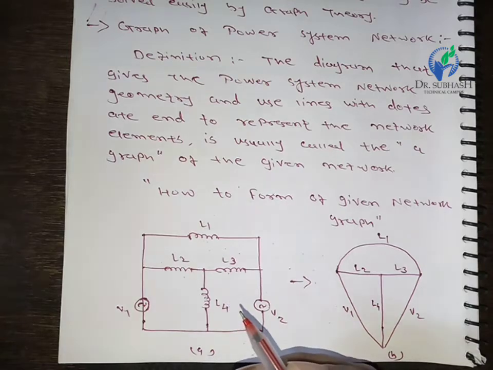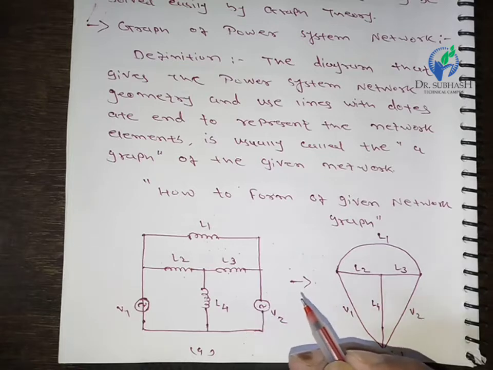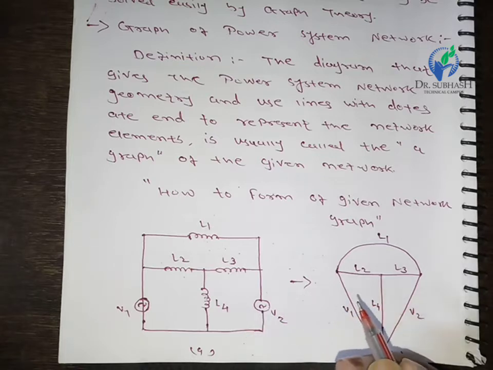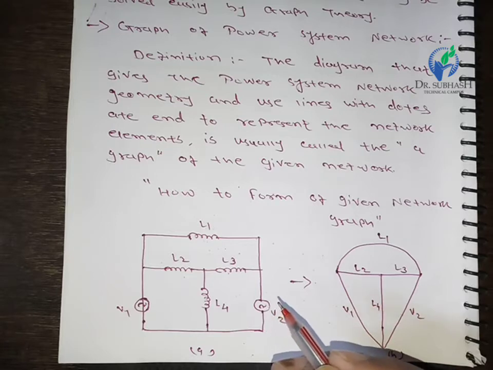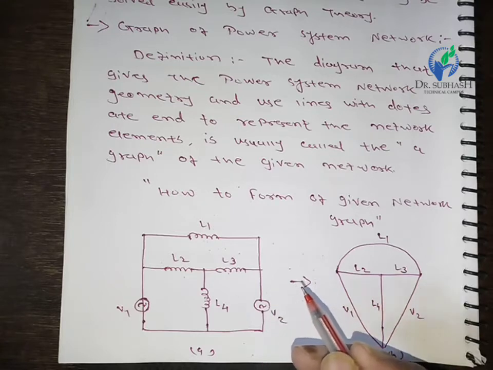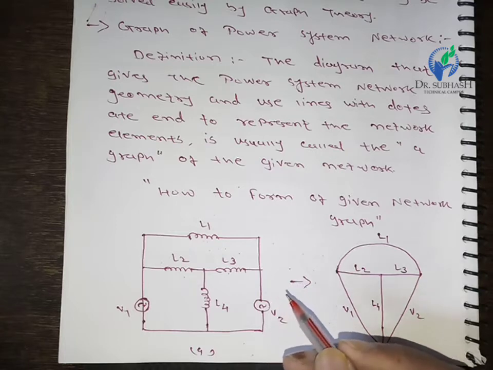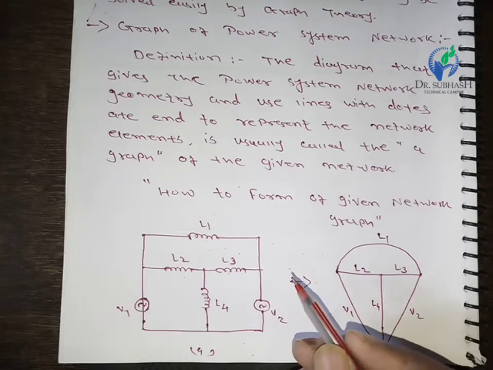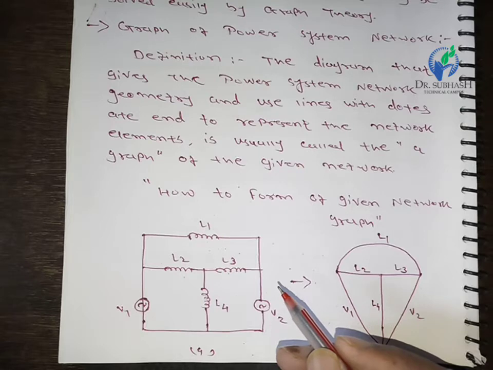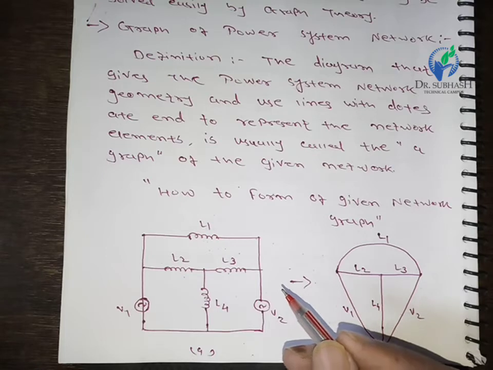A graph in which a direction is assigned to each element is called an oriented graph or directed graph. It is to be noted here that the directions of current in the various elements are arbitrarily assigned and the network equations are derived consistent with the assigned directions. The elements are indicated by numbers and the nodes by numbers in circles.